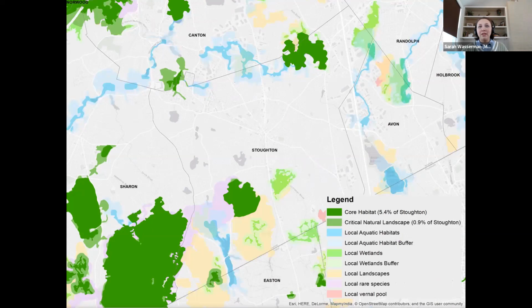Continuing with the local components, when you use the data on the map, as Alec will demonstrate in just a few moments, they will be unpacked as specific habitat types like local landscapes, wetlands, and rare species habitats. As you take environmental inventory of your town, these local layers add additional nuance and specificity.